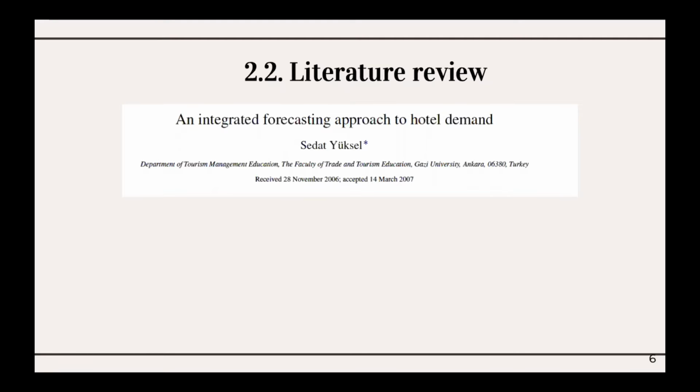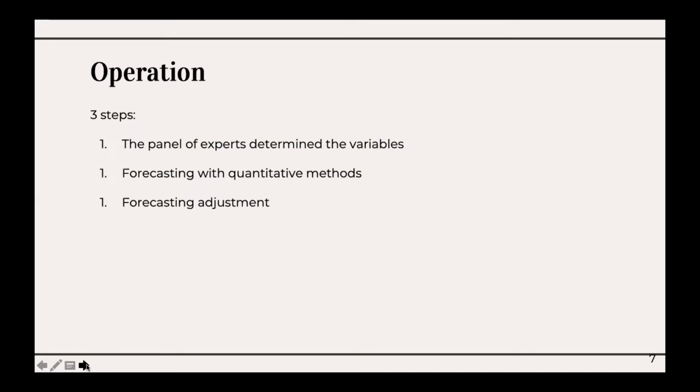Similarly to our research, they compared forecasting methods such as moving average, simple exponential smoothing, Holt's, Winters, exponential smoothing, and ARIMA using errors methods. The operation was carried out in 3 steps. First, a list of 40 variables was put together and rated for importance by a panel of experts, from which they picked the top 25 variables.